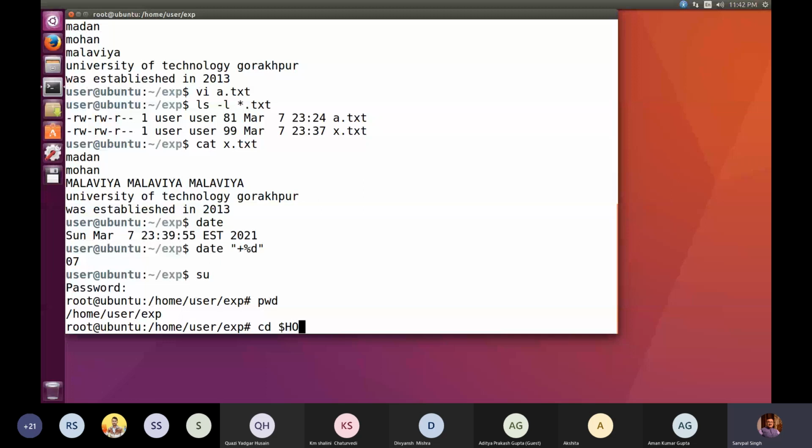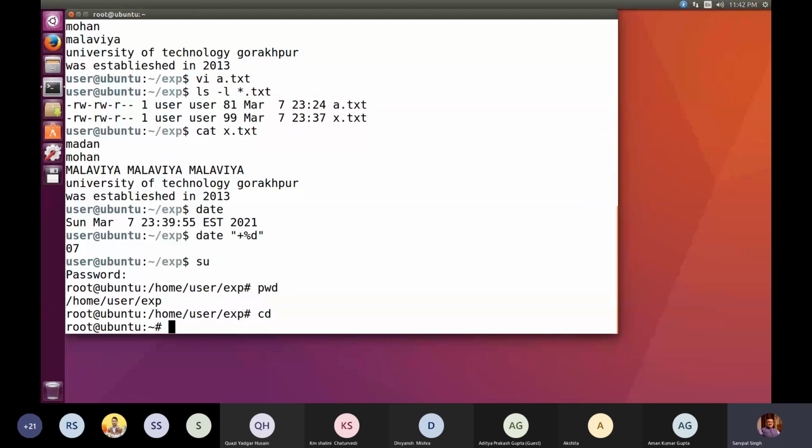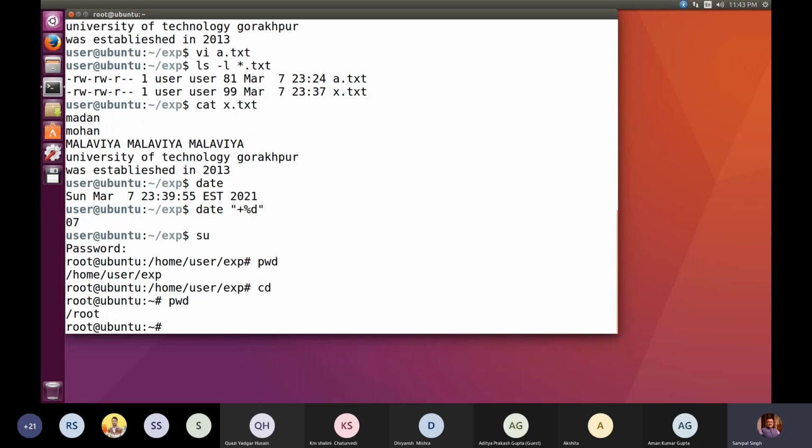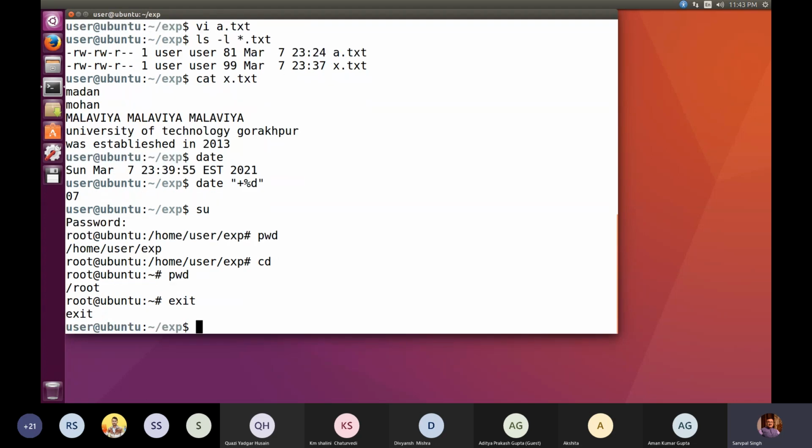Okay. So the impact is similar to cd home. जो इसका impact होगा वही खाली cd का भी होगा. तो अगर मैं खाली cd प्रेस करता हूं तो what happened? I have come out of /home/user/exp. Now look at this pwd. I'm having my home directory, that is /root, जो कि root की home directory है. ठीक है. And if I'm exiting it, if I press exit, so what will happen? I have moved from user to root. ठीक है. If I exit, so I'll once again go back to user because from there only I entered.